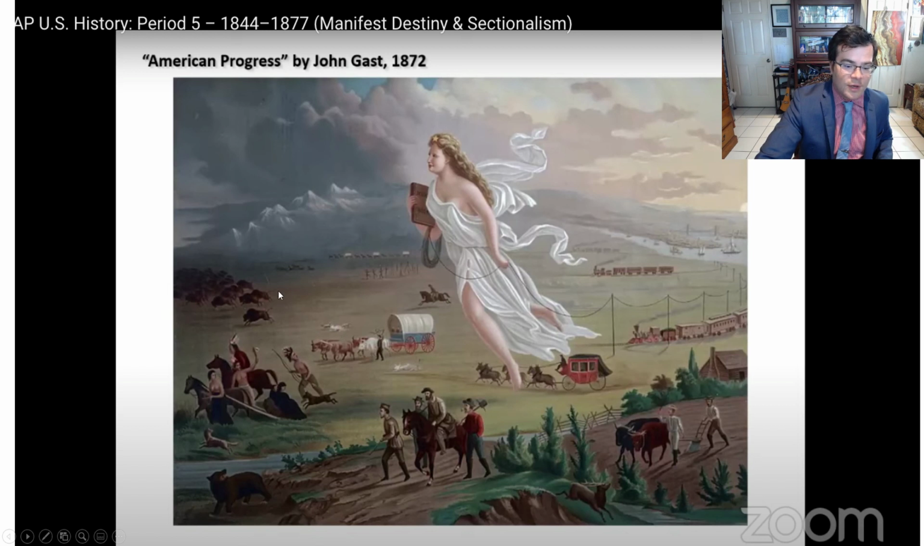and they're kind of running away because they're ignorant, right? So this is a very pro-expansionist, pro-manifest destiny picture, right? And the title is American Progress. So we're bringing progress, whether you like it or not. And if you don't like it, that's because you're ignorant and not civilized. Okay,